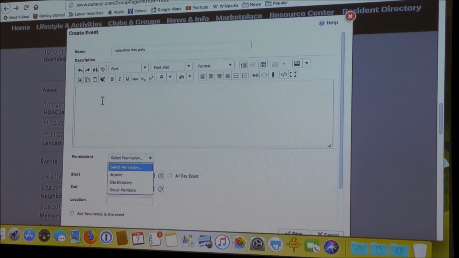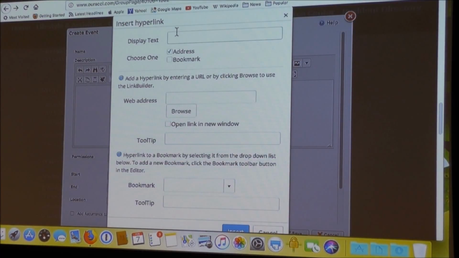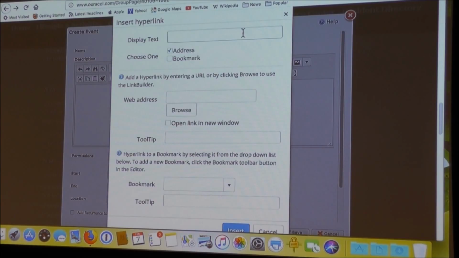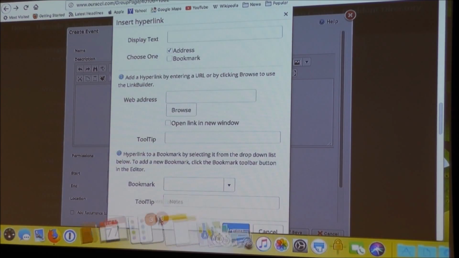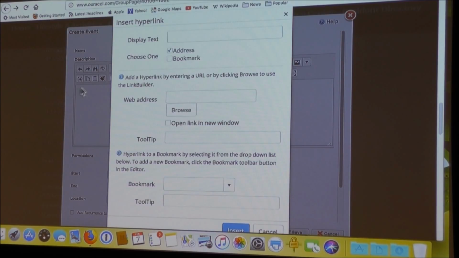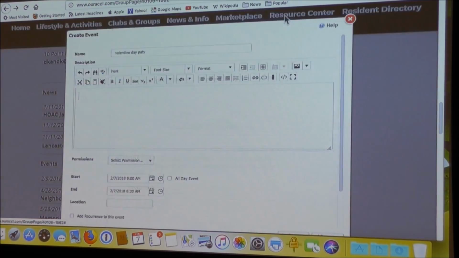You don't have to even put a hyperlink if you don't feel comfortable with that. But you could put that hyperlink, it's very easy. You could put the name of the person and then put their email down here. You could type the email and then just retype the email address and then insert it. So for example, let's go and show you how to do that hyperlink. So let's just say